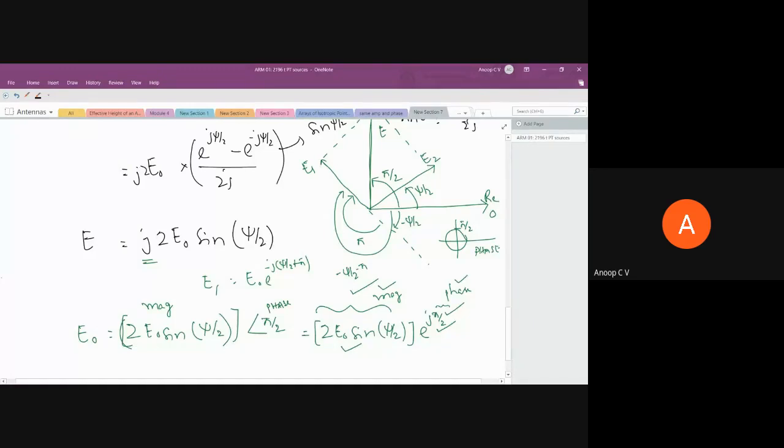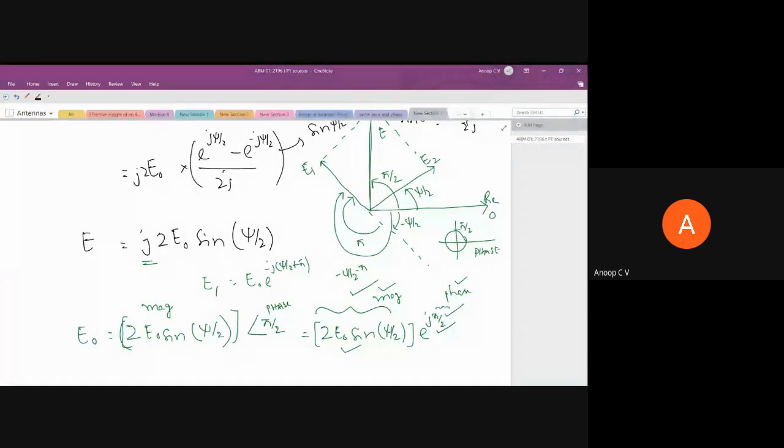I told you that in order to define the radiation pattern of an antenna, we need the magnitude of the theta component of the electric field, the magnitude of the phi component of the electric field, and the phase. Does anyone remember that? I told you we need magnitude and phase. Now, are you able to relate it? At that time, I didn't tell you why, because I didn't have an example as such.